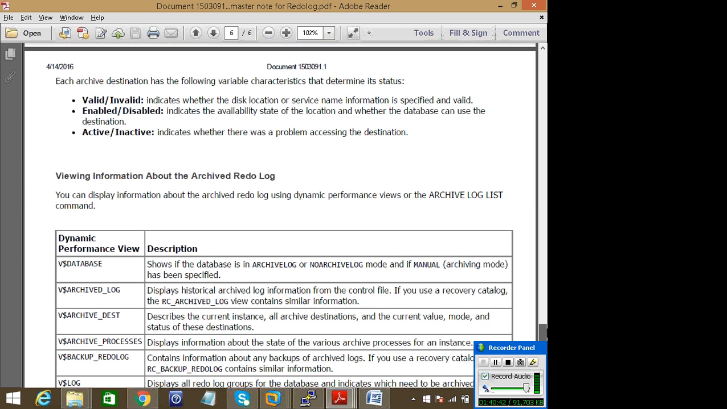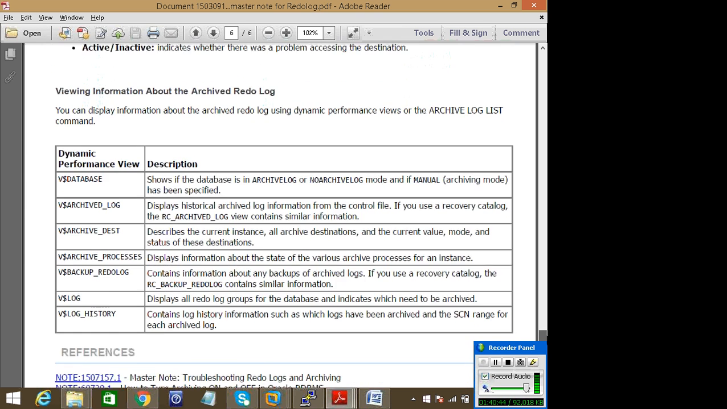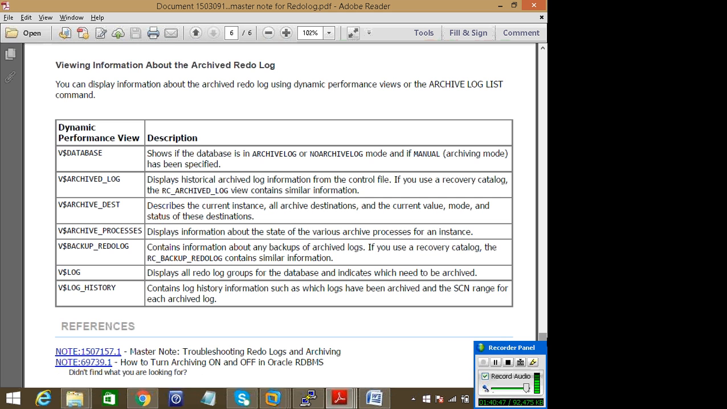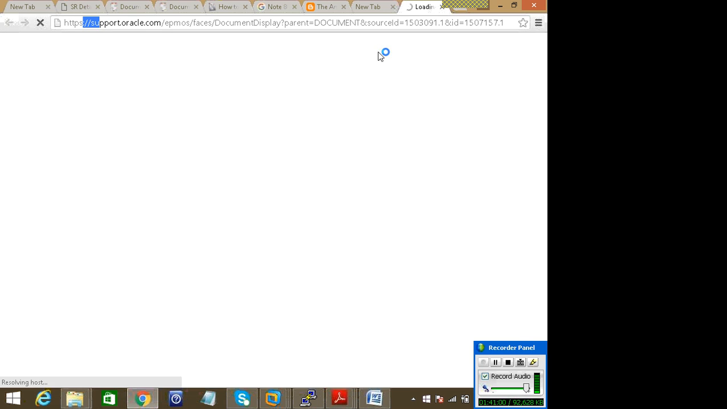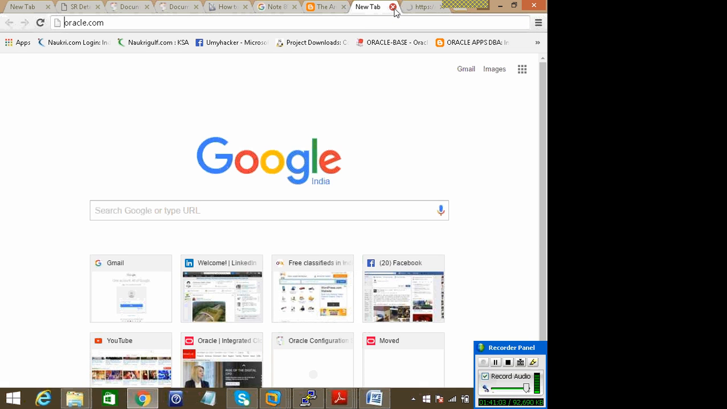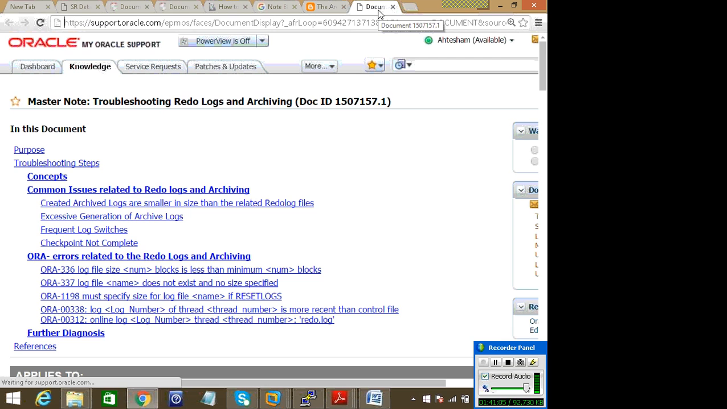So these are some views that are related to the archive log. The common issues related to log, redo log and archiving. Errors related to the